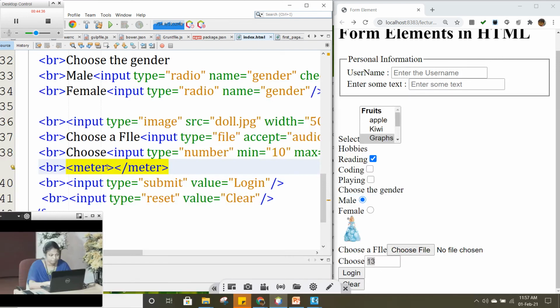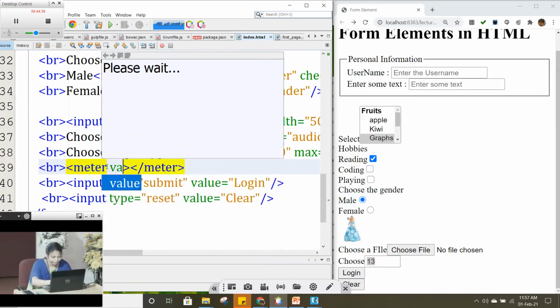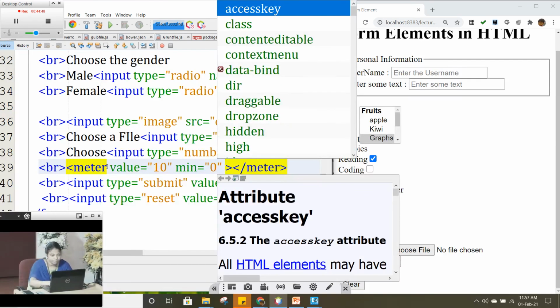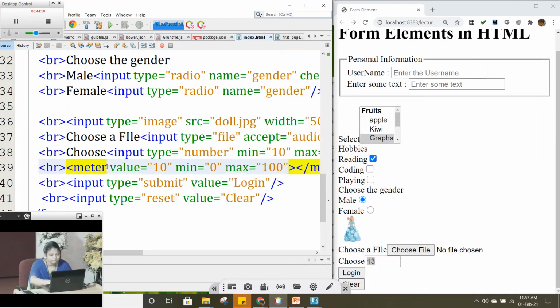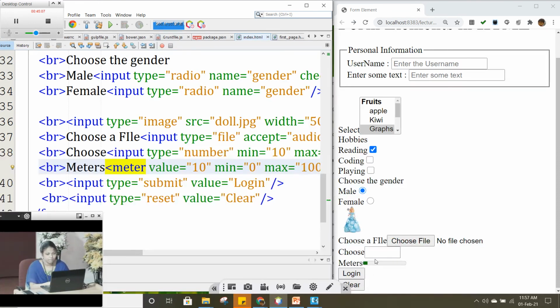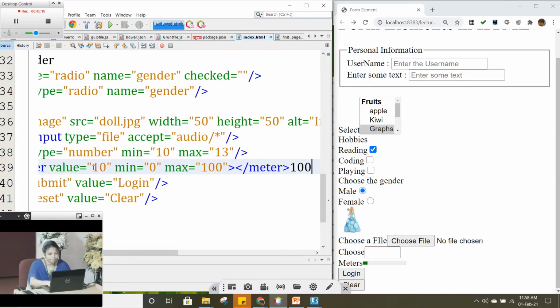And then for the meter tag, I'm going to say what value we want to be shown. I'm going to give some value, and I'm going to say the minimum value should be 0 and the maximum value 100. So now you can see a visualization as a measurement. Here we can see meters, with the minimum value 0 and the maximum value 100.